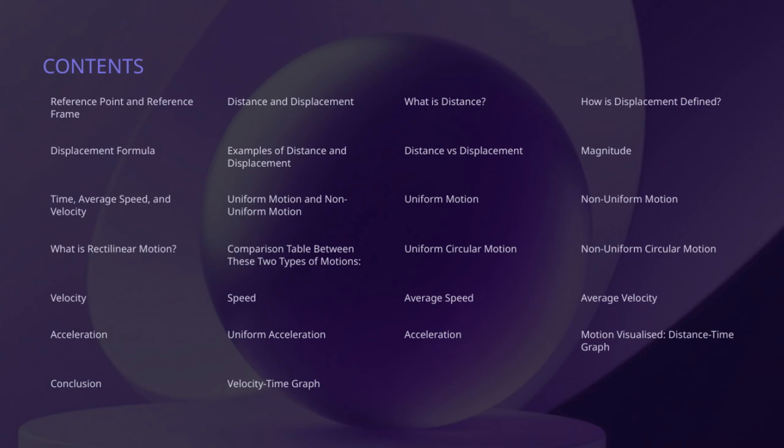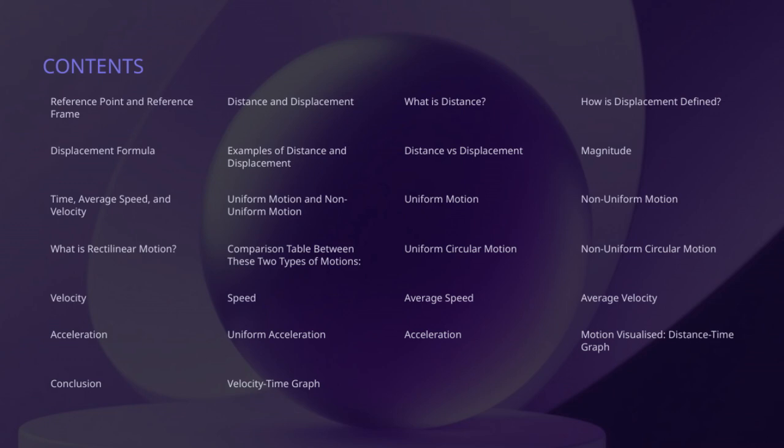We'll also look into what distance really means in a physics context, as well as uniform acceleration, where the acceleration remains constant over time. In the conclusion, we'll tie everything together, emphasizing the importance of understanding these concepts to analyze different types of motion effectively. Finally, we'll compare uniform motion and non-uniform motion in a table, highlighting their differences in terms of acceleration, velocity, and